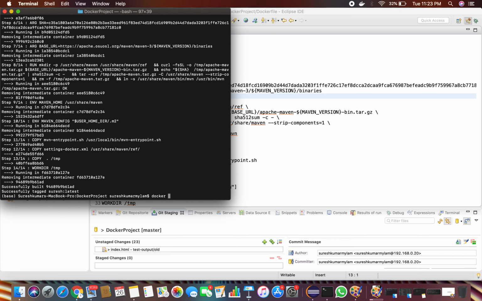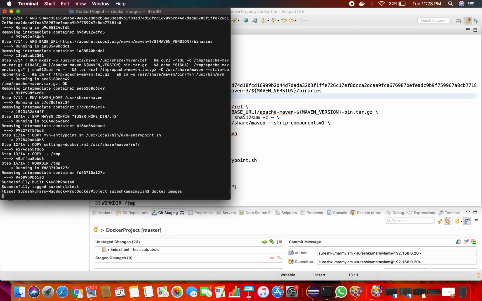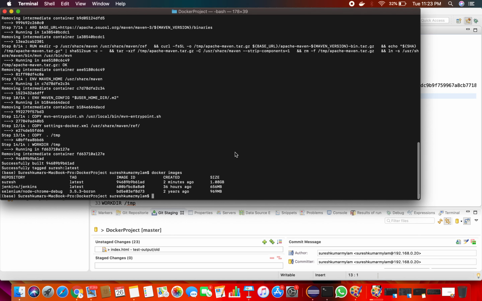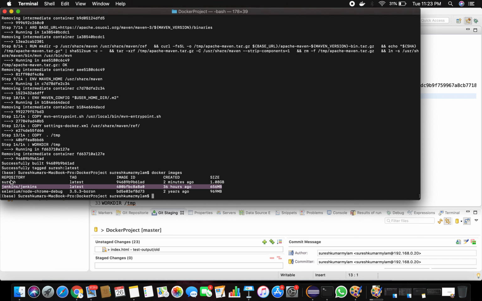Now let's look at the images. Here you can better understand what happened. So earlier we had only the Jenkins image. And now you are having two images, one with the Selenium Node Chrome debug, other with Suresh. See, initially you have taken the base image, that is Selenium Node Chrome debug.